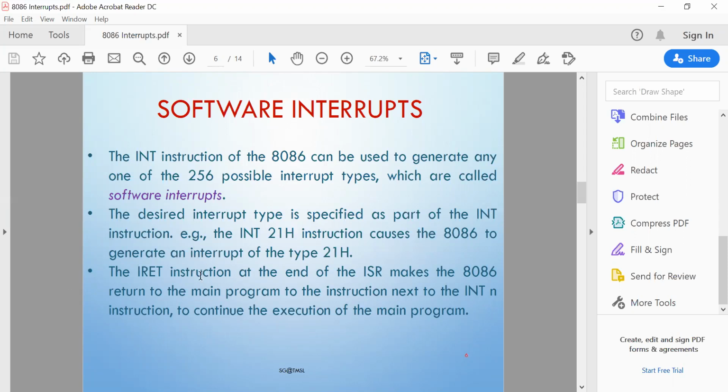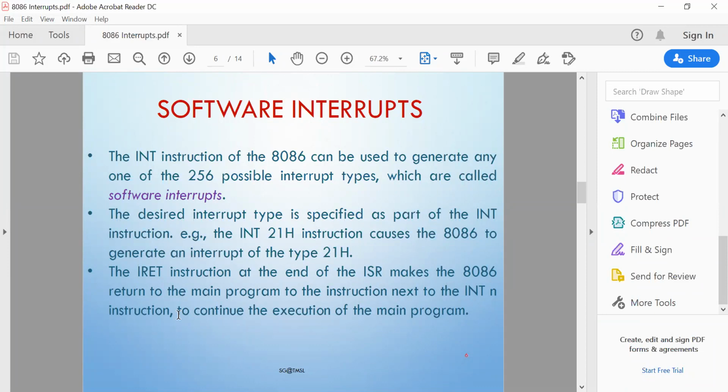The IRET instruction at the end of the ISR makes the 8086 return to the main program, to the instruction next to the INT n instruction. So if there is an instruction after where the interrupt has been given, where it breaks the sequence of your normal execution, that next instruction address should be stored onto the stack.